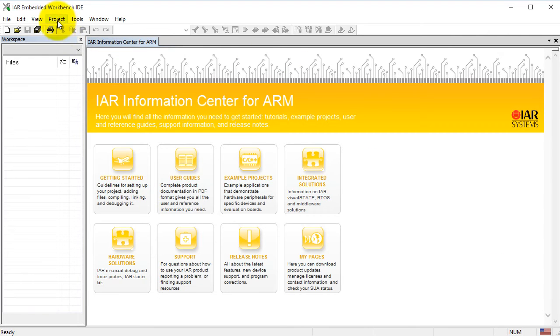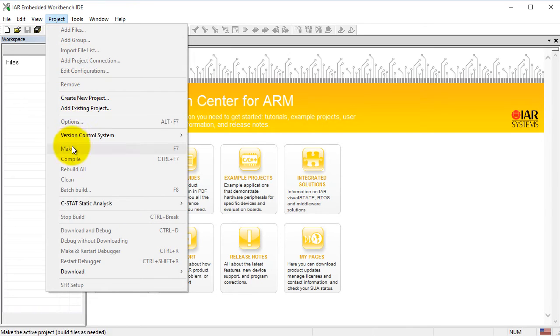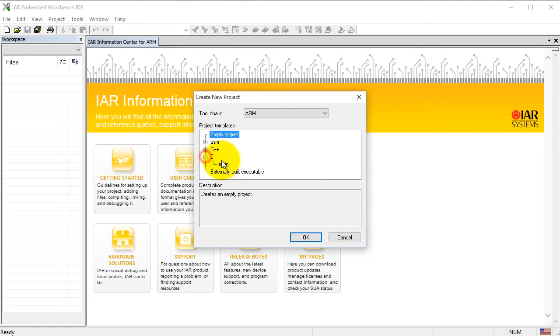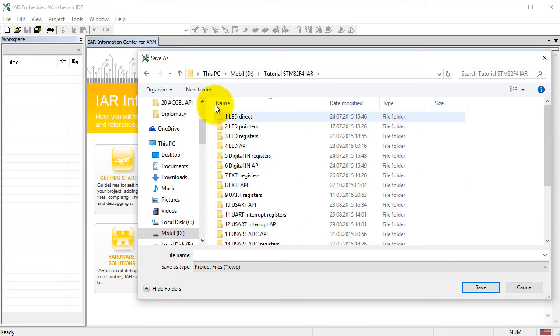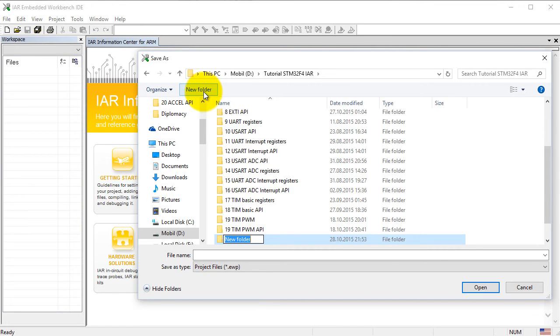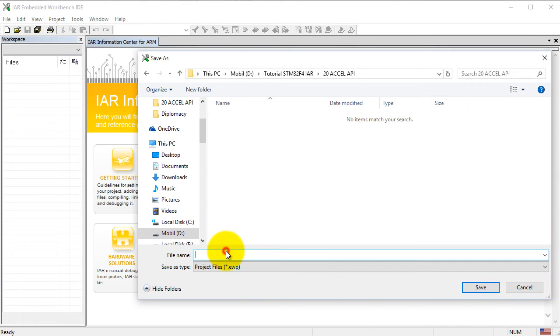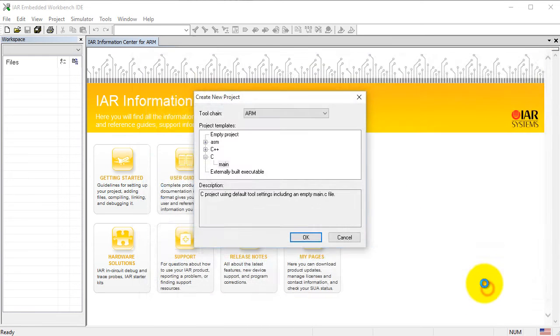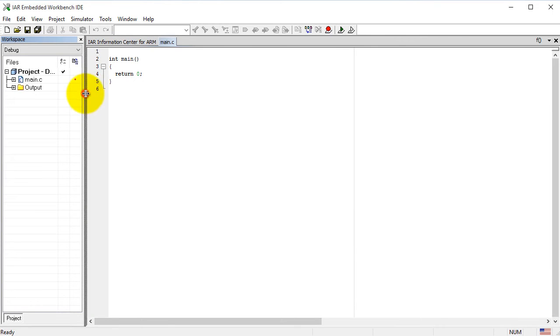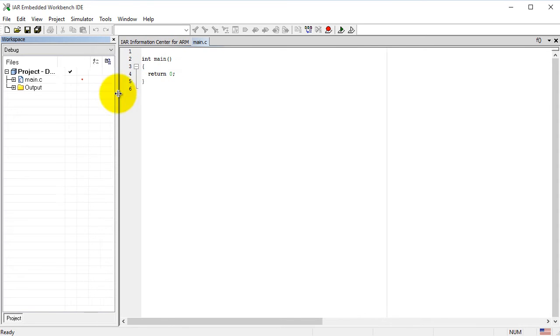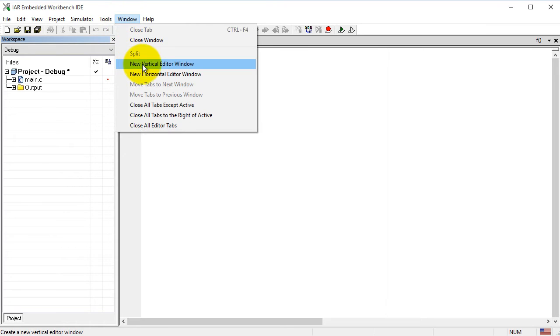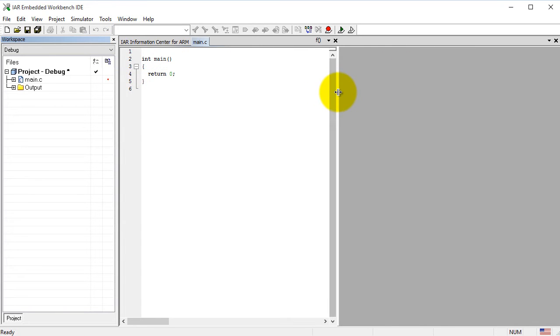So we shall start building the program from scratch using the environment IAR Embedded Workbench. Go to project, create new project and select C main. We make a new folder, enter it and provide a convenient name for the project. The elementary main block and structure of the project are displayed. I made some resizing of the windows so that the information is well framed in this video,